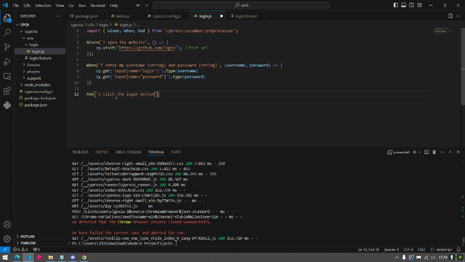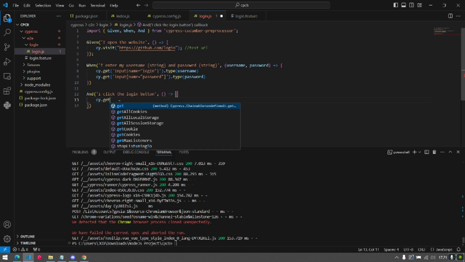Okay, I just copy and paste it in here, and then give it the function, give it the bracket, and what Then will do when it is executed. So I want the Then to execute the login button, so the app can log in immediately after the Then is executed.